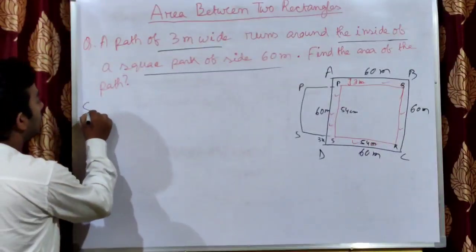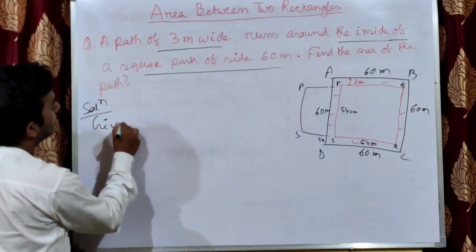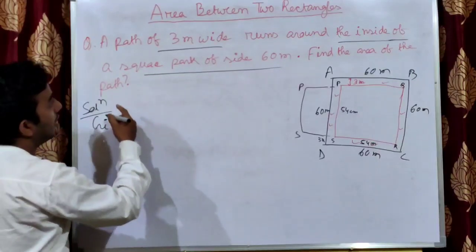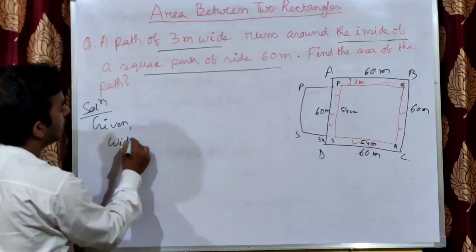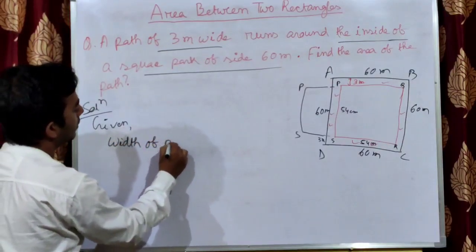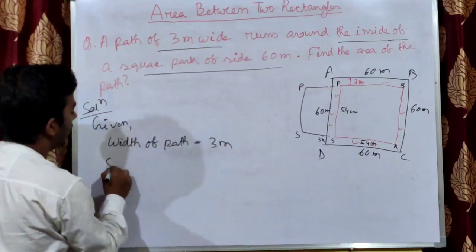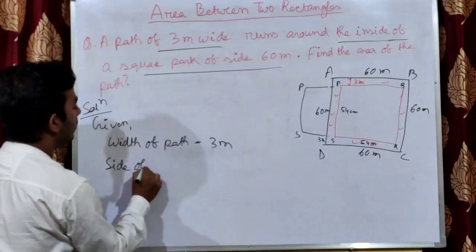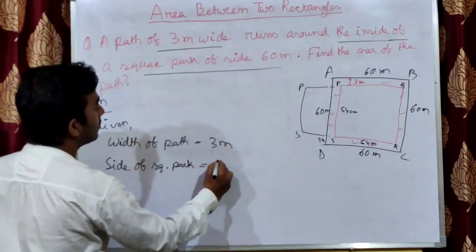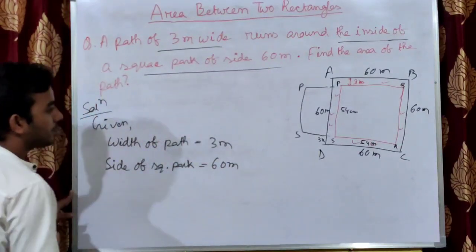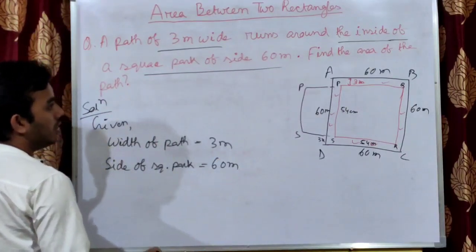So the solution. Given: width of path, right? Width of path is 3 meter. Then side of square park is 60 meter. Now we will write from the figure,